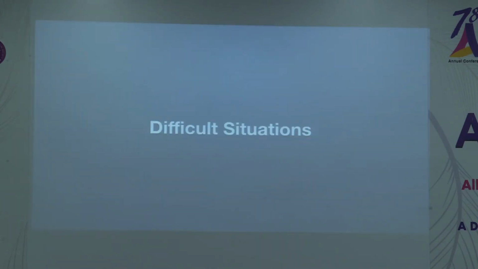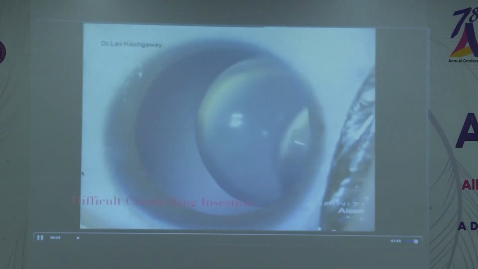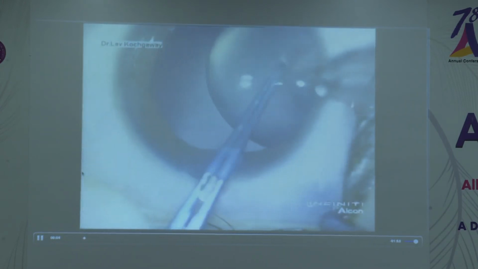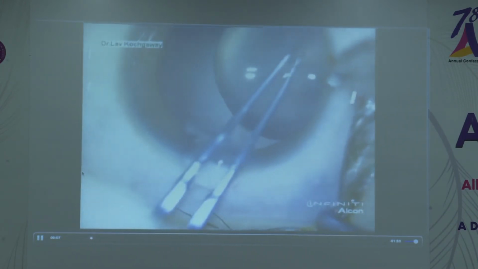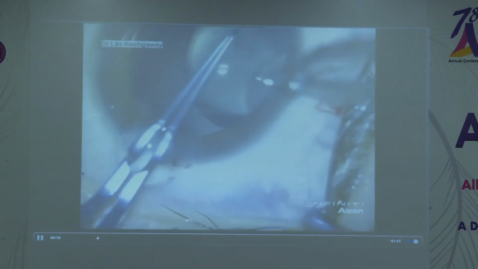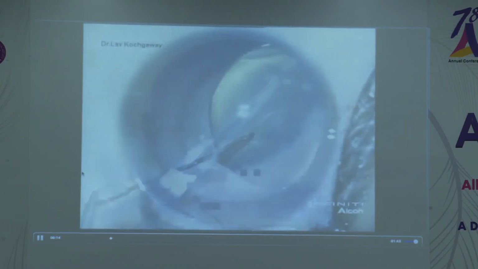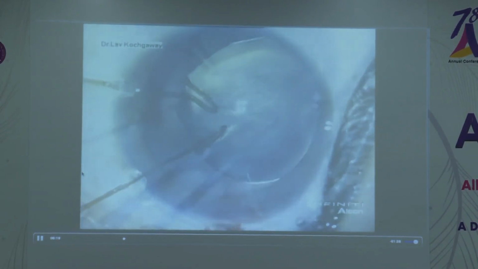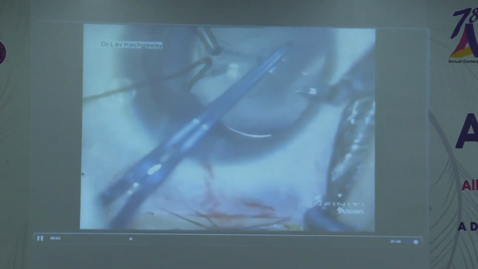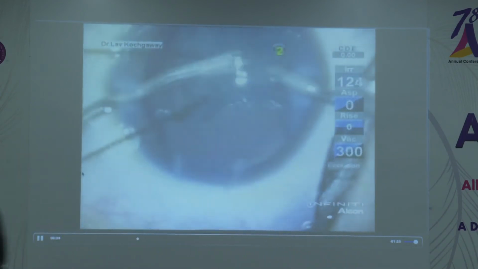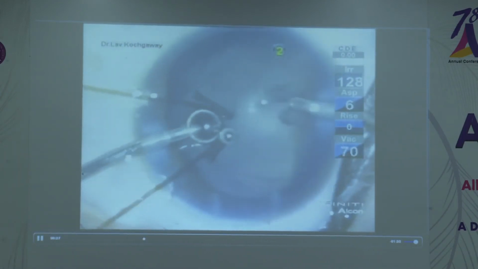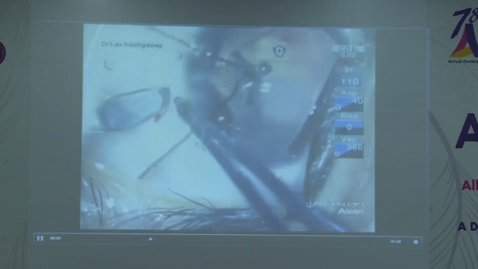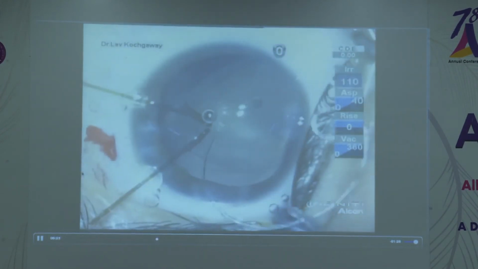Now coming to difficult situations, this is what I was speaking of. Once the first one or two cases of Sioni ring went very well, we got overconfident. In this case, as you can see, the rhexis, which is common in all the cases, we try to pull it towards the center and get a proper 4 to 5 millimeter rhexis. And why are all these efforts being done? Because we have to maintain the anterior and posterior segment compartments of the child, so that in future the chances of retinal complications, retinal detachment, are less.